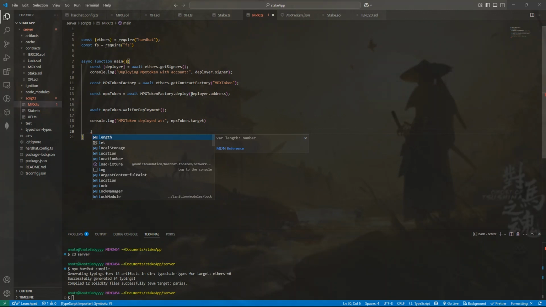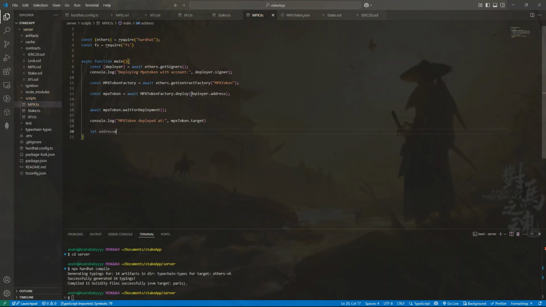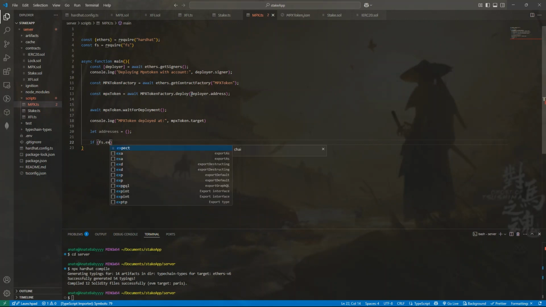So we say let addresses be equal to an empty object. Okay. So if we want to save our addresses, we want to check if the file is existing already. So we want to check if it's existing already. So fs.existsSync, which will be